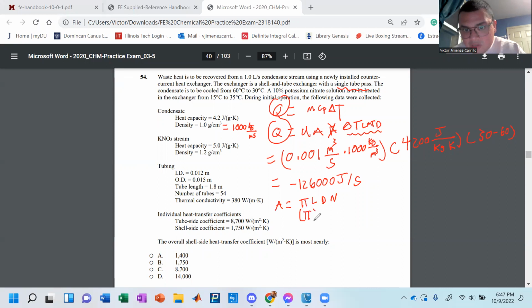The length is given to you in the tubing data, which is 1.8 in meters. And you want to talk about the outer diameter because that is the only part of the tube that matters. The outer diameter, 0.015. And you also want to include the number of tubes in the system, which we said is 54. This ends up giving you a nice little answer of,